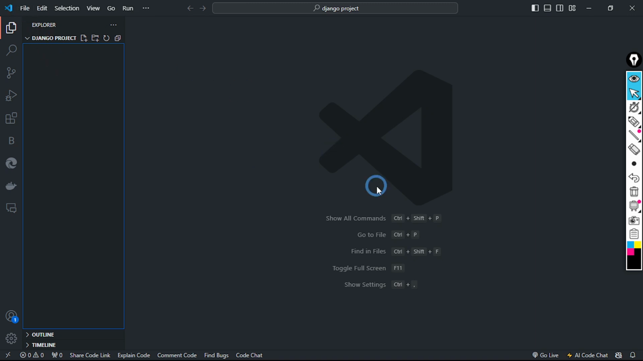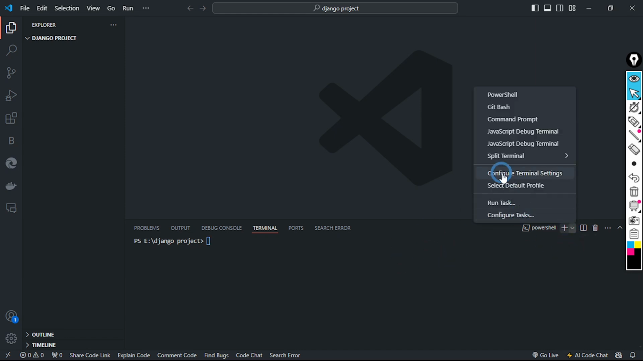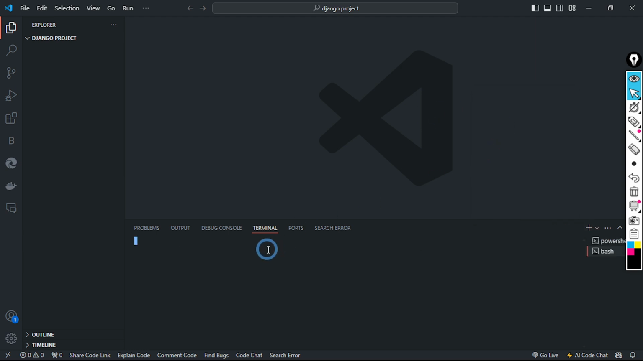I'm going to press Ctrl and backtick, and it's going to display the terminal. Instead of using that, you can just go and install Git Bash. I'm using Git Bash in my case because there are some things I have to write which PowerShell cannot interpret. So the first thing I'm going to do, I'm just going to write python